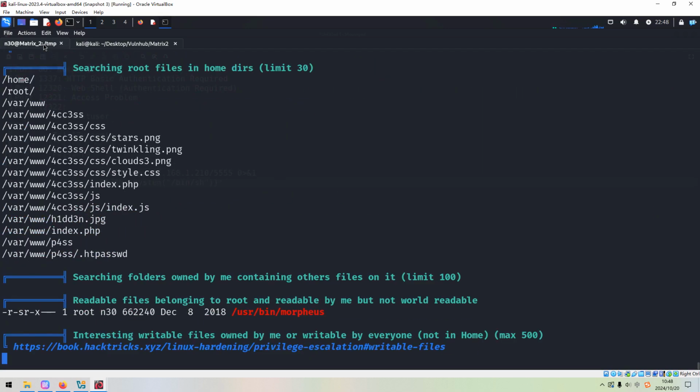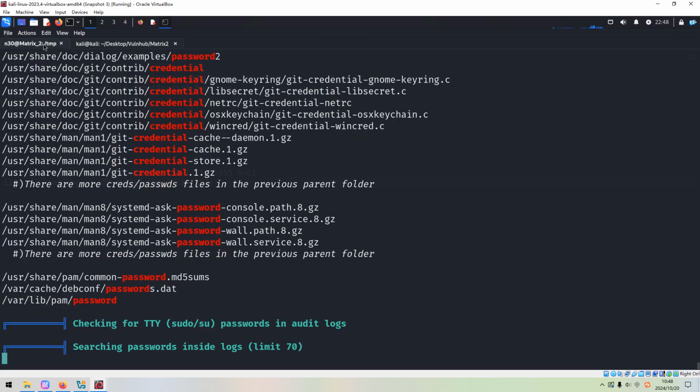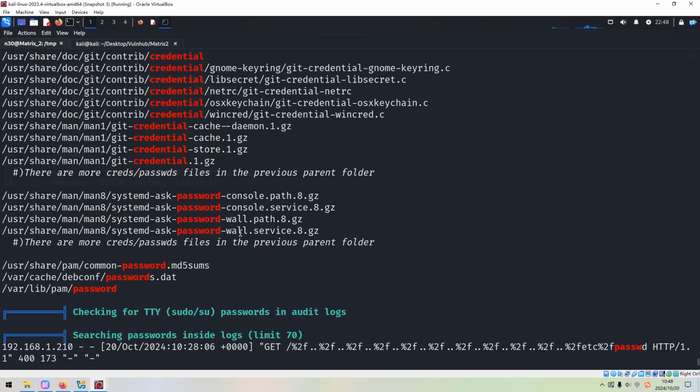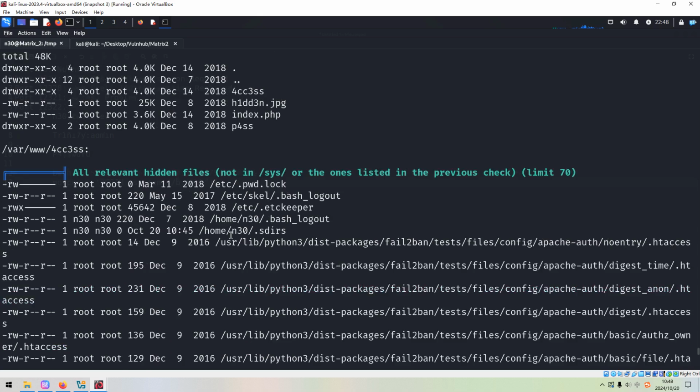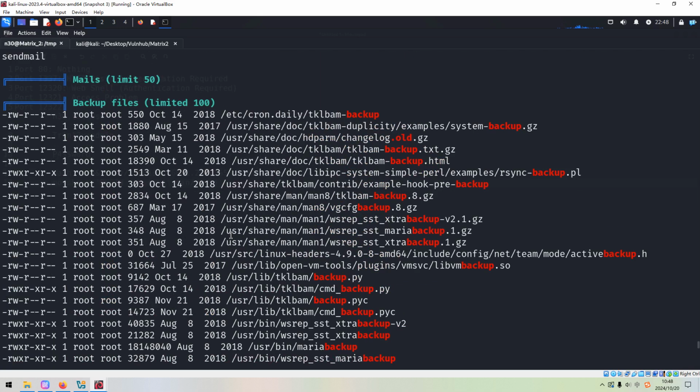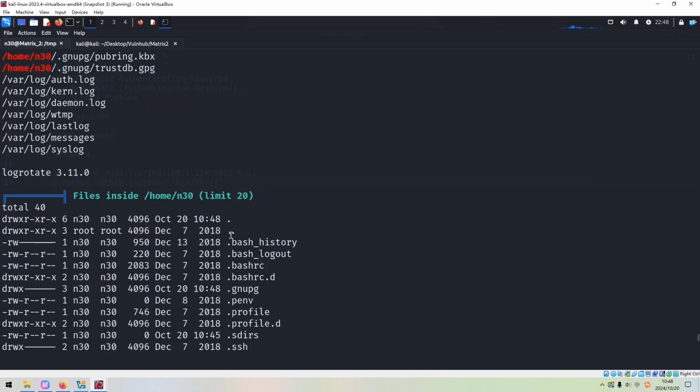This script can do a great job for us automatically. Okay, it's done. And then we can scroll up to see whether we can find some vectors which allow us to elevate privilege to the root user.